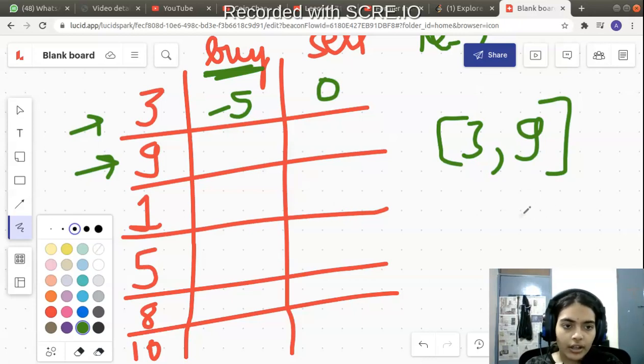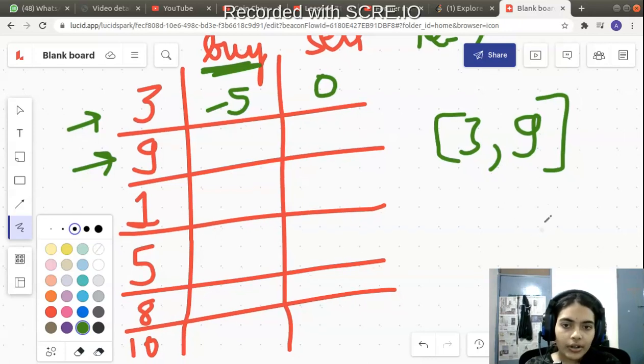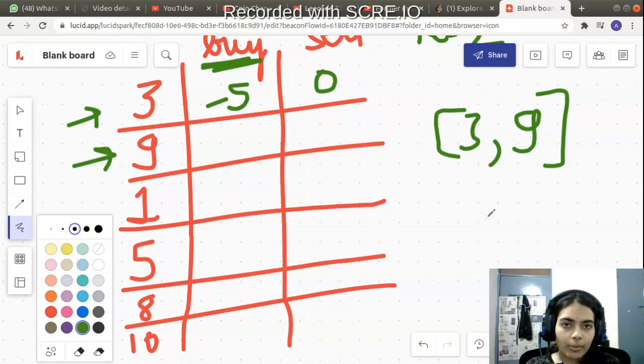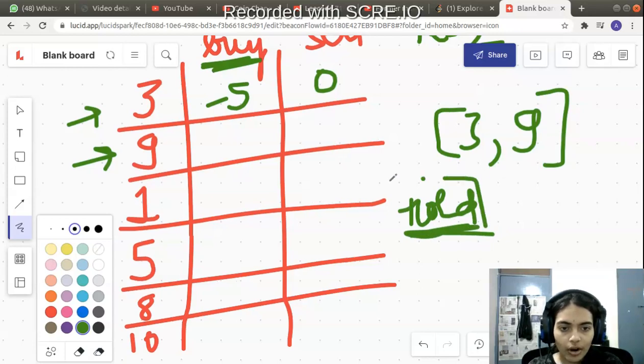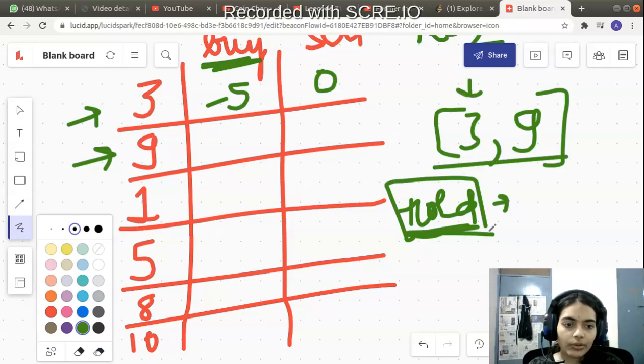Now you have two options, right? What are the two options? Either you hold the stock that you had bought previously, or you buy the stock now. Let's think about both the options one by one. If I hold the stock, that means I am not buying any stock for this particular day. I am holding the stock which I had bought on day 1 itself, so I am not buying any stock on day 2. So if I am holding, what would have been my cost? My cost is just the same as before, because whatever I bought on day 1 will remain the cost, since I am not buying anything on day 2. So I have the option of choosing -5, that is, holding the stock.